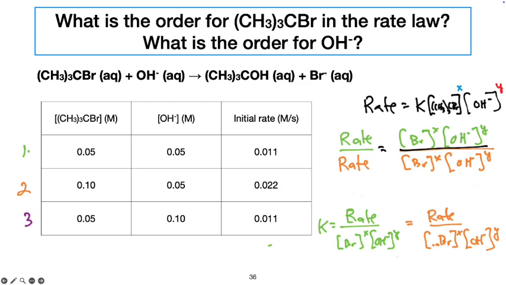It entirely cancels out of the expression. Why is that now powerful for me? Well, if that cancels out, and I look at that expression, do I know the rate? Yeah, that's from my experimental data. Do I know my concentrations? Yeah, that's from the experimental data. So the only thing left is